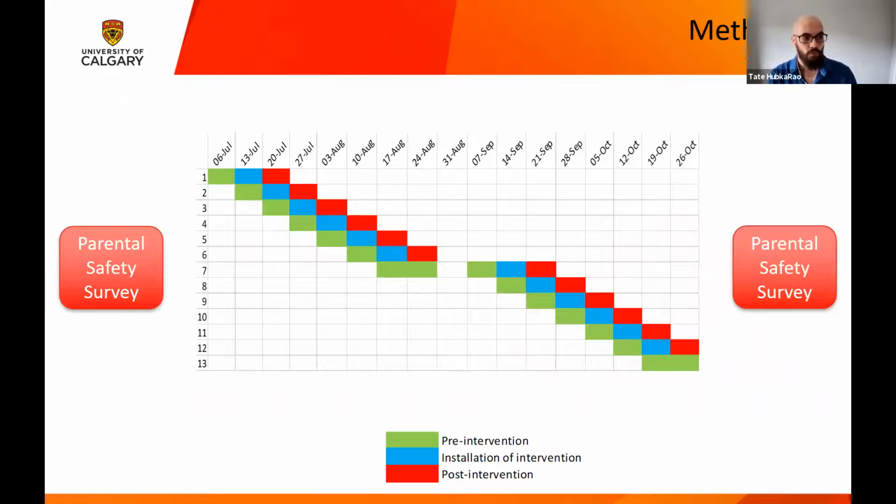So this is kind of the whole schedule of the study. We had our interventions, they started being installed in July 2020, and we finished in October 2020. So prior to the installations, the parental survey was sent to all parents at the participating schools in June, and then they did get their repeat post-installation survey in November of the same year.